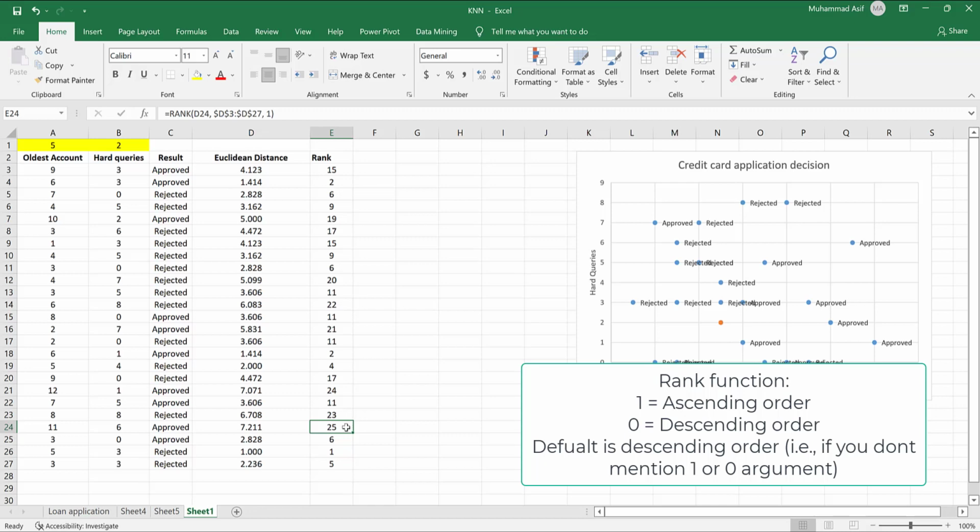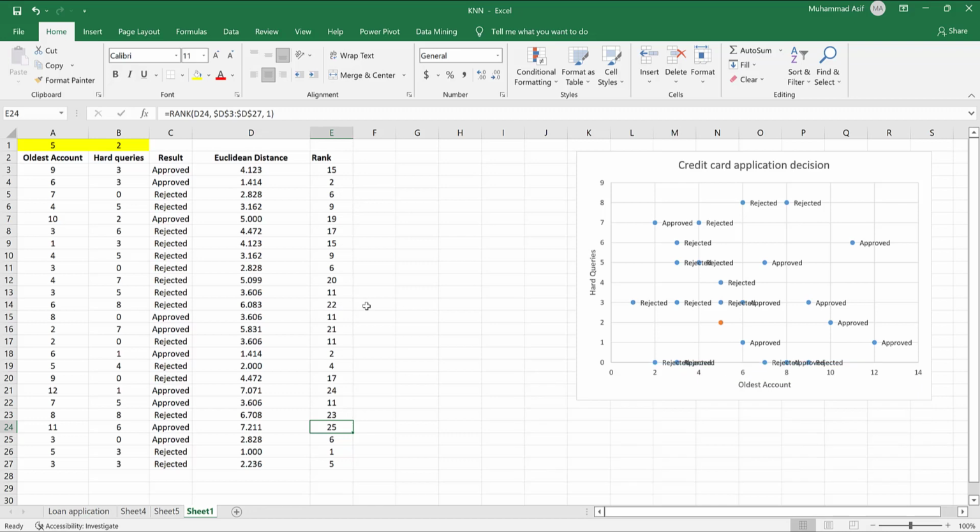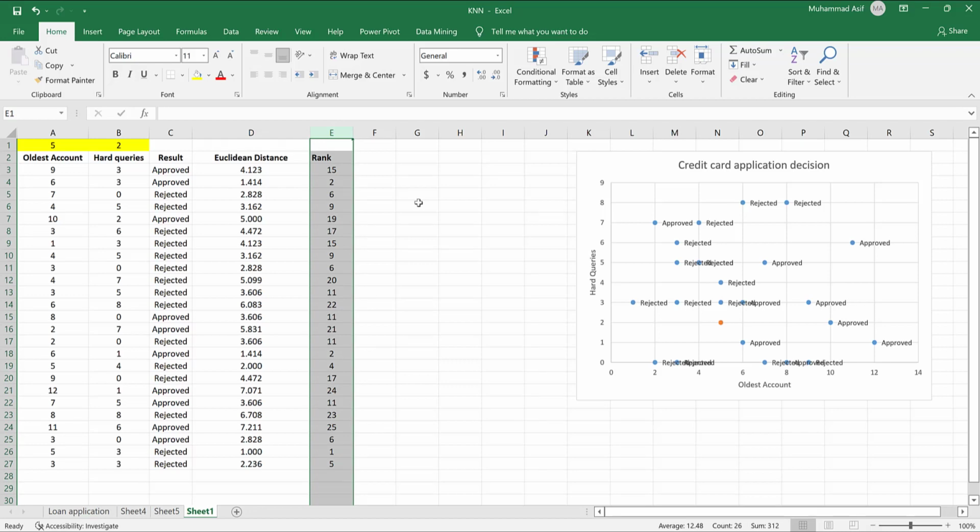So that's the main difference between ascending and descending order. Excel also has a default function whereby if you don't add 1 or 0, then it will rank them by descending order. That's one thing. The second thing is that the default ranking function of Excel might have some duplicate values, and some ranking might be skipped. So for instance,